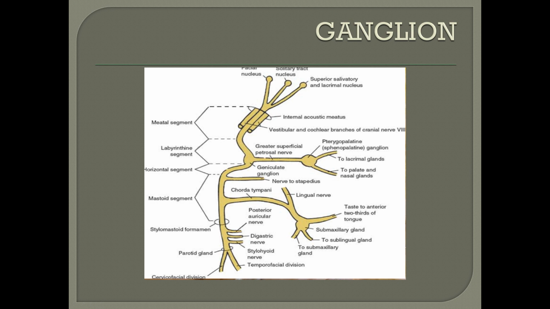This submandibular ganglion controls the secretion of the submandibular gland. The importance of this is related to Bell's palsy, which we will be describing in the next lecture. Bell's palsy is an idiopathic viral infection where there is unilateral facial nerve paralysis. It is thought that the virus might be residing within the geniculate ganglion. So whenever the patient's immunity is down, it gets reactivated and causes swelling of the facial nerve, and as this nerve is within a canal, it cannot expand, resulting in the facial palsy known as Bell's palsy.